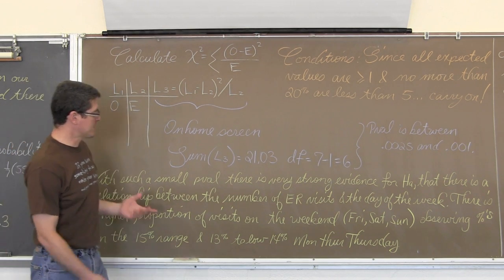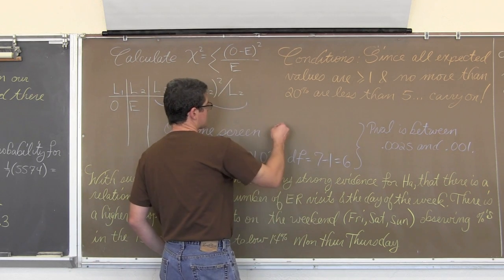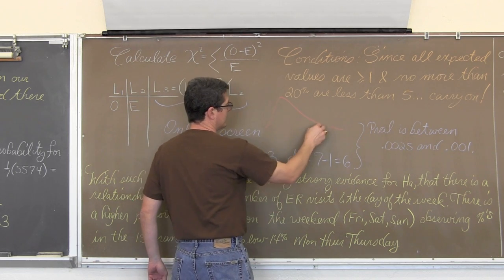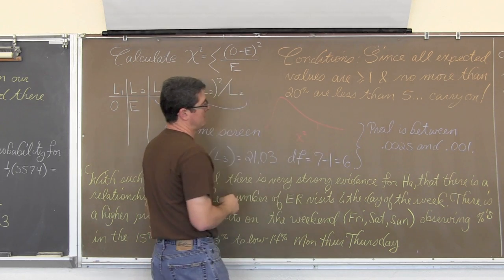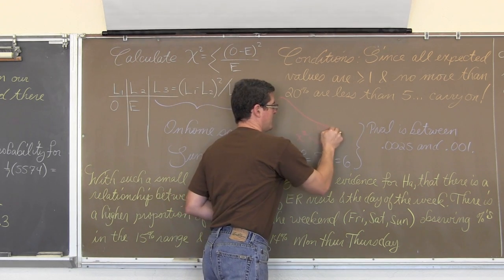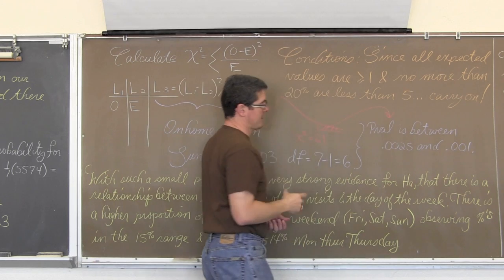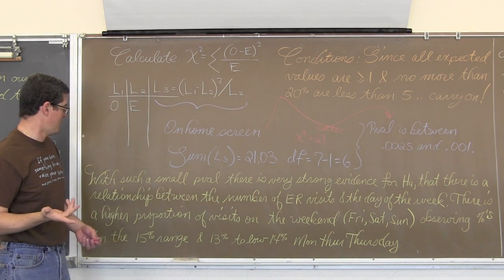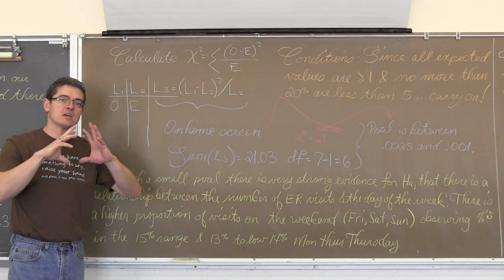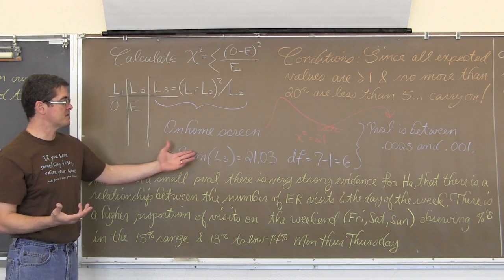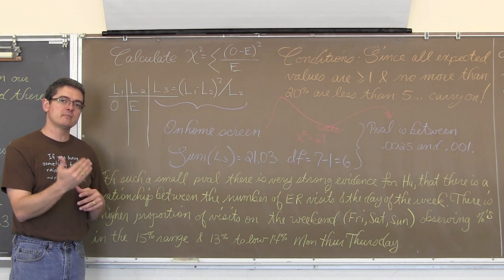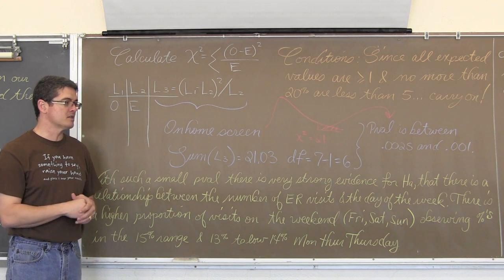Now, by the way, I forgot to include a drawing here, didn't I? All chi-square distributions are going to be what we would look at as being right skewed. So this chi-square statistic of 21 is out here somewhere, and our tail area is this very small area, again, between 0.0025 and 0.001. So again, I'm talking about with such a small p-value, I'm using the actual size of the probability of observing this event, or one more extreme, and then relating it to the original H sub o and H sub a statement, and that we do have strong evidence for H sub a.